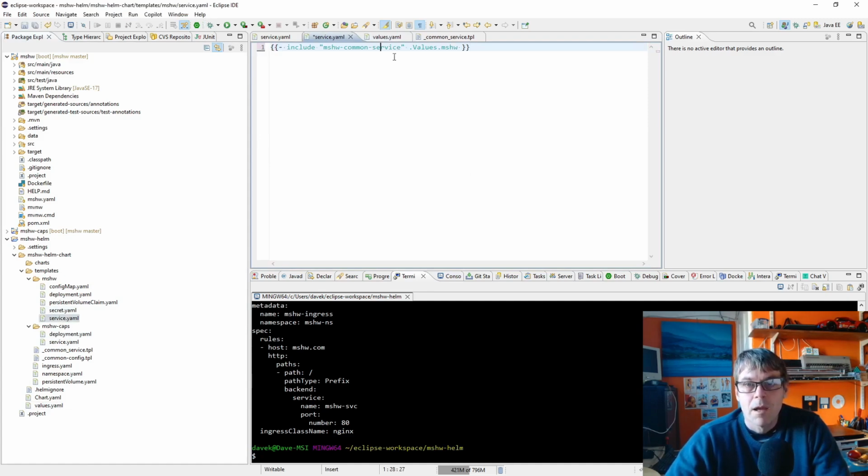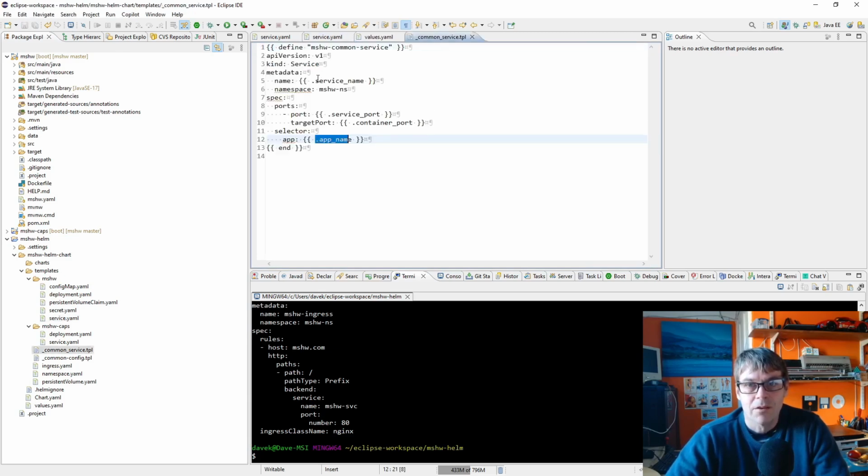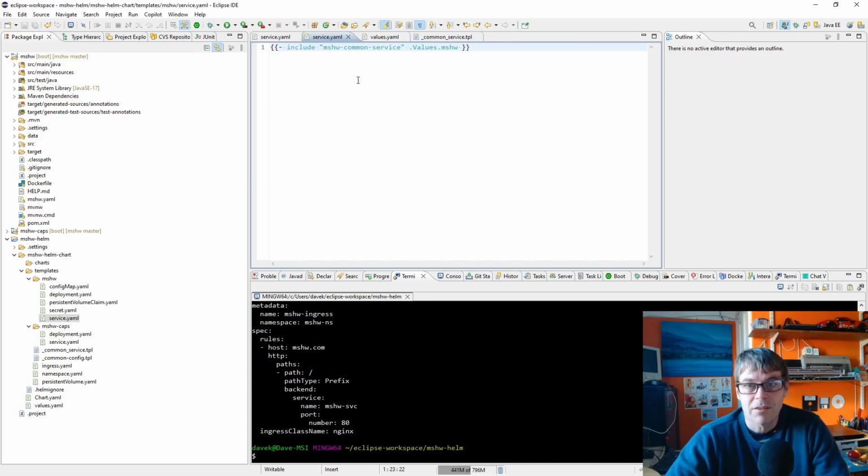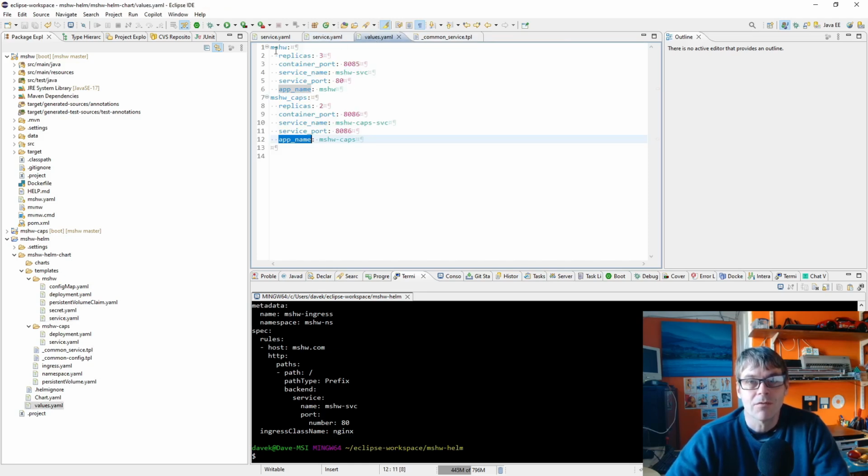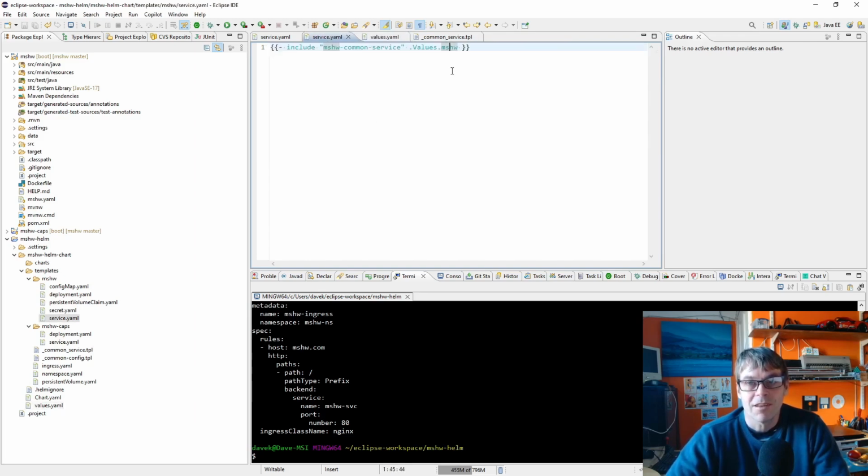with just the one name, but now instead of dot, I'm saying .values MSHW. So this is the prefix for the values that are going to get inserted into our file. So here I'm saying for example, .service name. So in this service file, the value that's going to get inserted into the template is .values.mshw.service name. So I'm defining the services like that and telling it the prefix for its values from the values